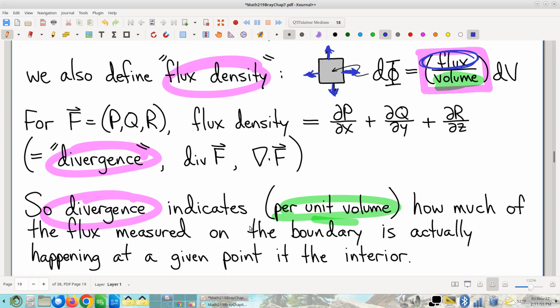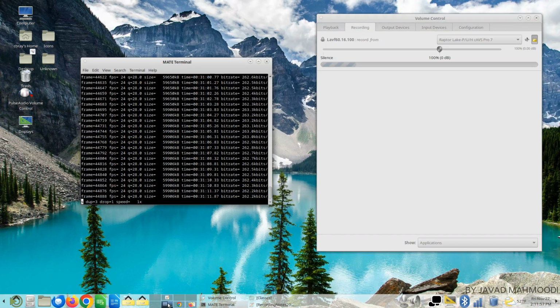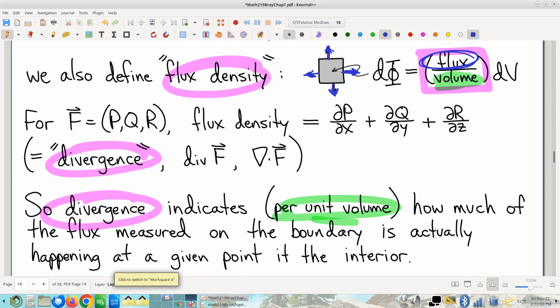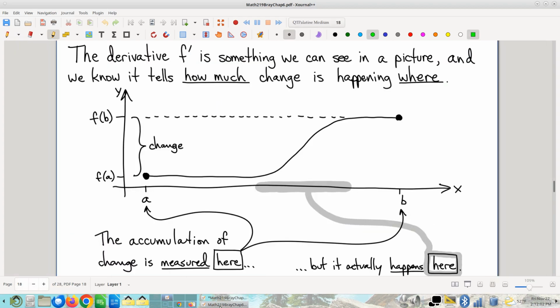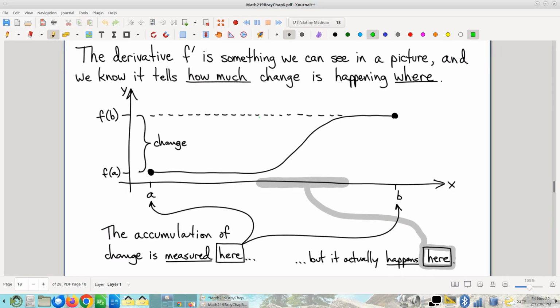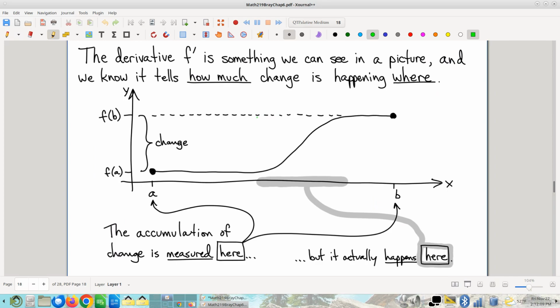Now, I'm going to remind you that back in, I hit the wrong button. Sorry. Back in chapter 6, yes, back in chapter 6, we revisited the fundamental theorem of calculus, which seems a little weird. I know y'all already know the fundamental theorem of calculus, of course, right? But I make this observation. You can think of the fundamental theorem of calculus as being a computation of an accumulating quantity, the accumulating quantity being change,